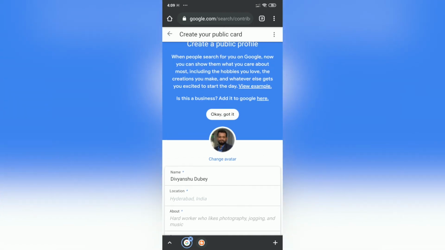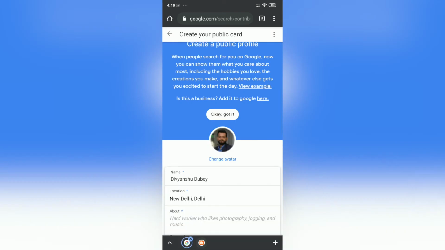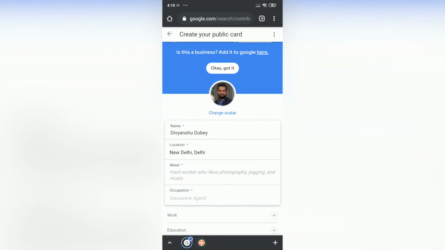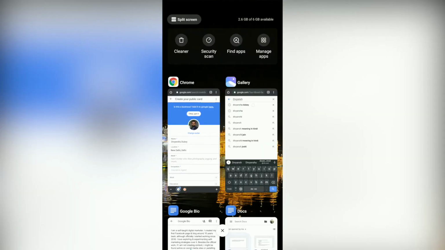You need to enter your location over here. So I'm going to enter the location, New Delhi, Delhi. Also I have entered it. Let me quickly check the bio. I have just written a few words.